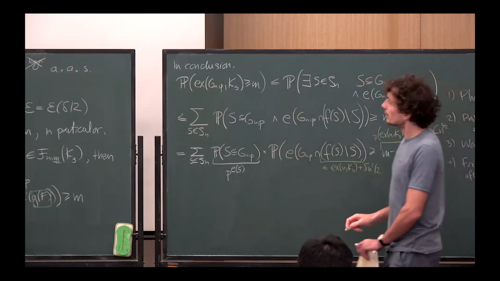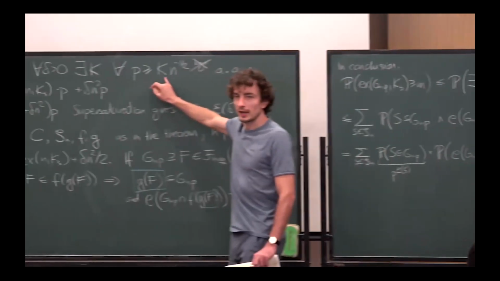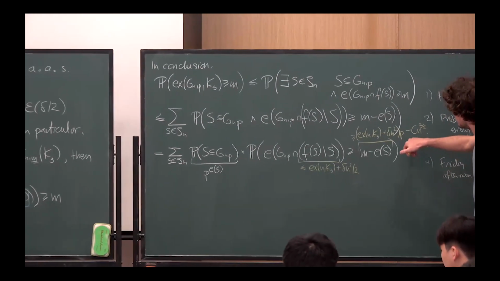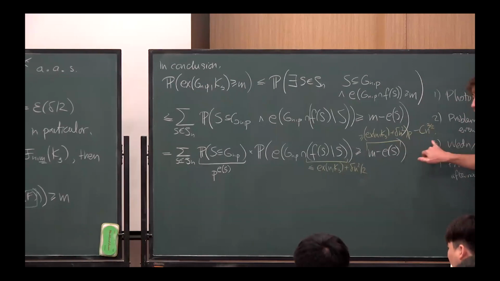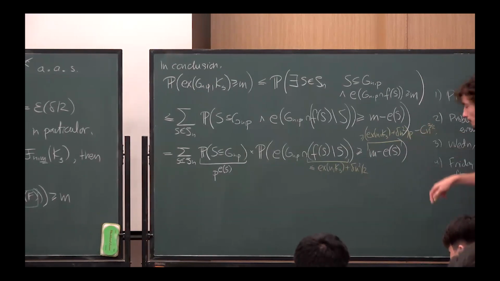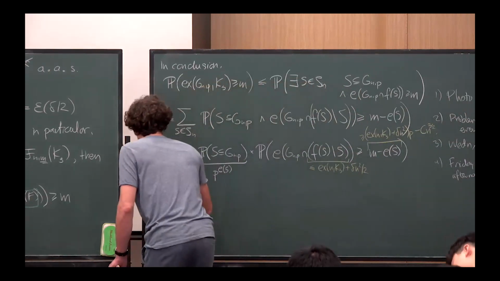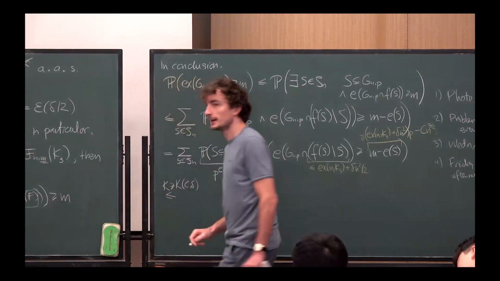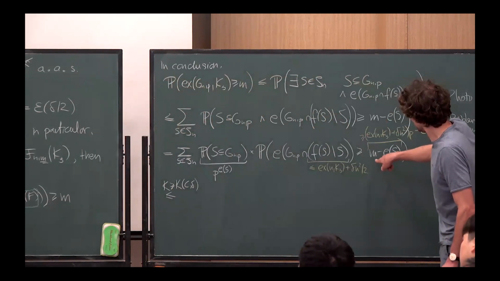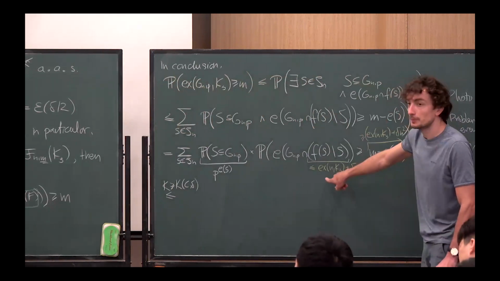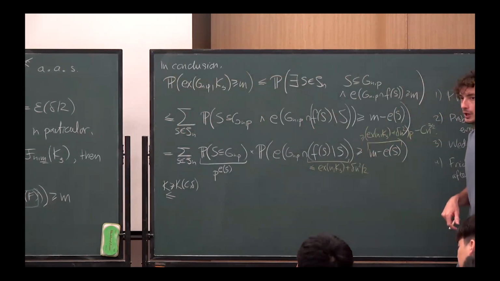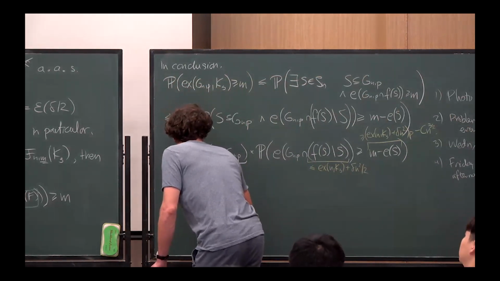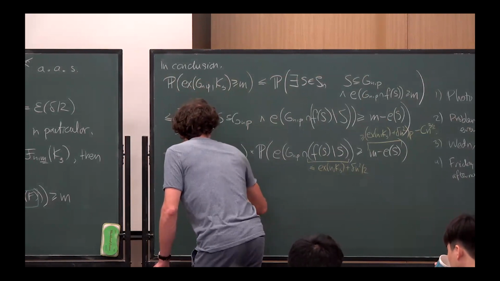Now, we're allowed to choose the constant k as large as we want. And if we choose the constant k as large as we want, then this delta n squared p will completely swallow C n to the 3 halves. So in particular, if k is larger than some function of C and delta, then this will be still significantly more than the p proportion of that, so we'll be able to use Hoeffding's inequality. So this is at most the sum over all S in Sn of p to the number of edges of S, times